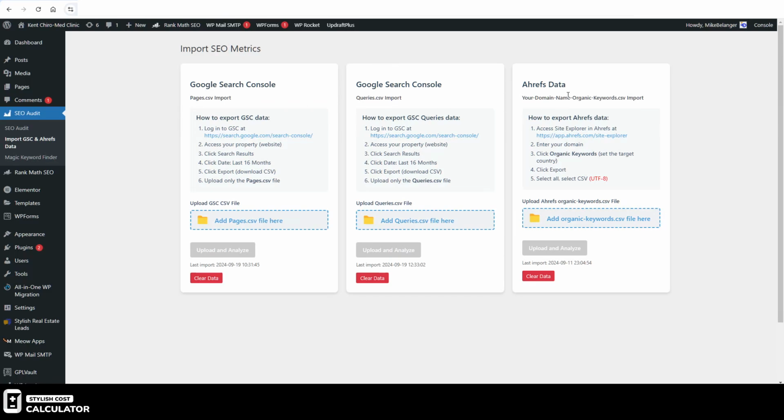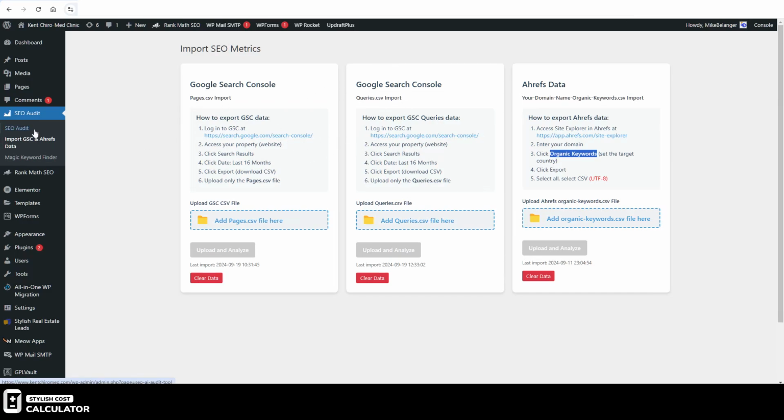And you may want to just update this maybe once every 6 months or something like that. I also put the last import date here as well. And I gave you the step-by-steps on how to do it. So you just go to Ahrefs. You can get a friend or go to Fiverr and pay $5 for someone to do this. You basically enter your domain, you go to the organic keyword section of Ahrefs, and you just pop in this file, which should have like 5,000 keywords on it, and then go into your Google Search Console and grab that